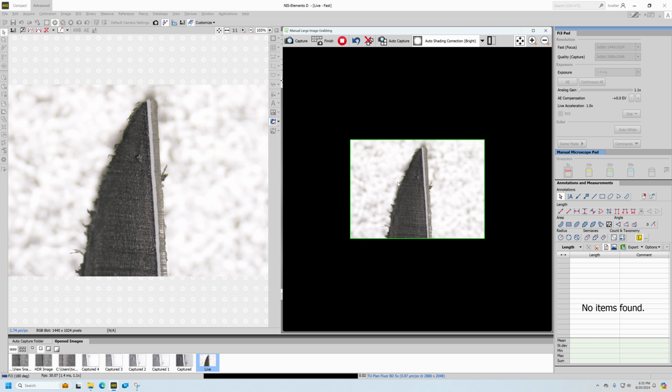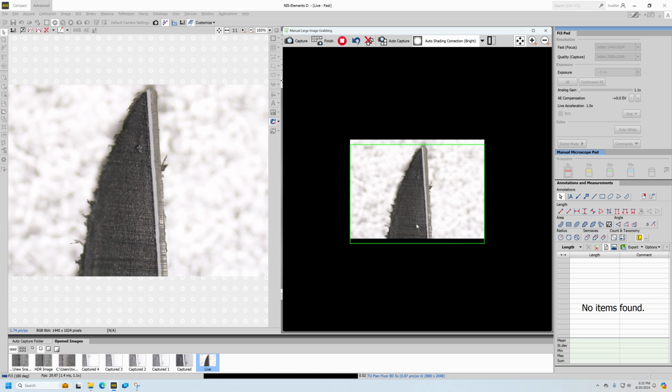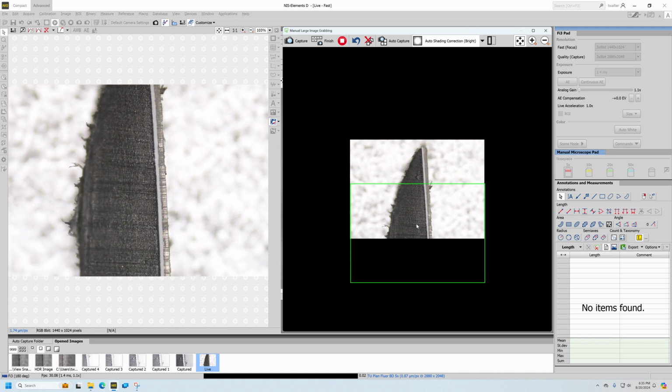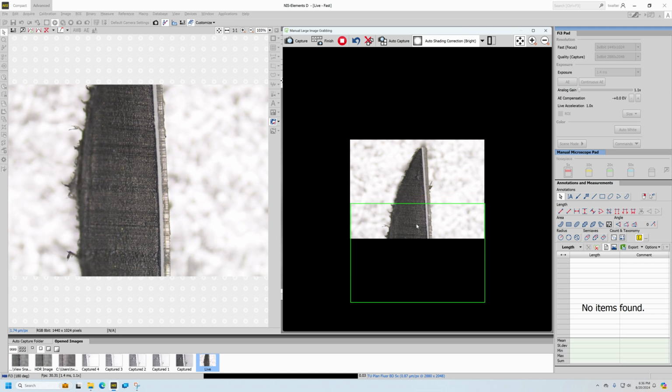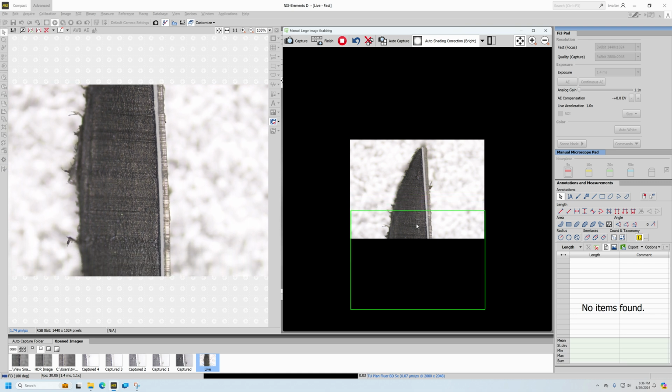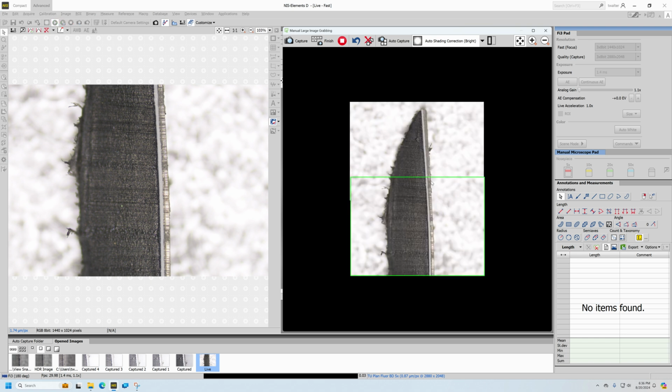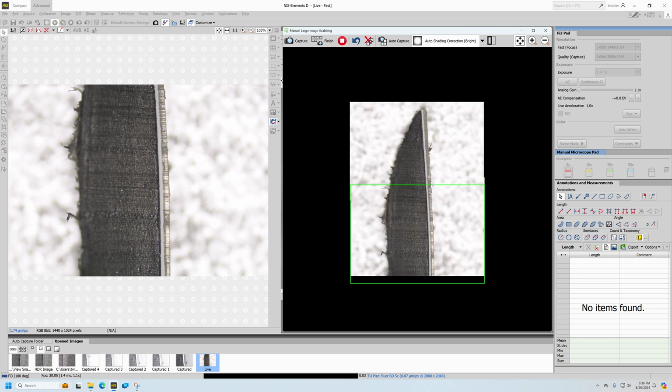Because I know that my sample goes down in this direction, I'm going to move the microscope stage, and you can see my live image on the left being adjusted. I'm going to go down a bit more, and then I get to maybe where I've got a third or a quarter of the image left. Now I press the spacebar again, and then that adds it to here. Then I keep going further down,